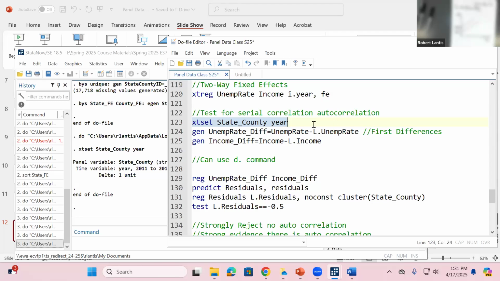Okay. So if I want to create the difference for the unemployment rate, I'm going to take the current unemployment rate and subtract whatever that state county's lagged unemployment rate was. All right, so that's where that capital L dot command comes into play. So I don't have to have all of the years in the same row. They're in separate rows, separate observations, but this is essentially going to give me that first difference in my Y variable. And then how do I find the difference in my X variable? I'll just take the current income and subtract the lagged income, previous year's income. So if I do this,